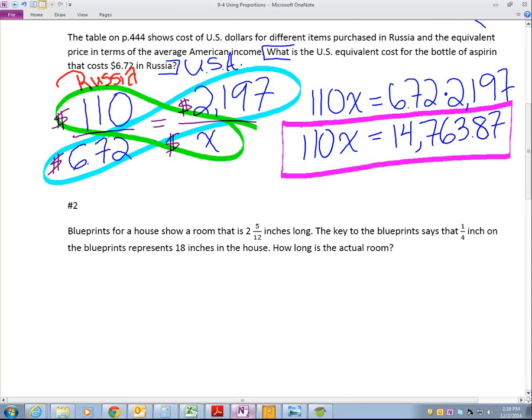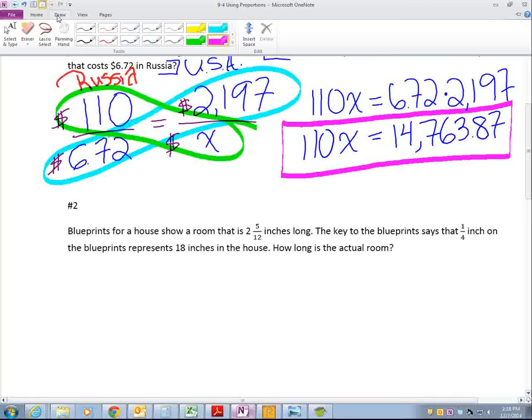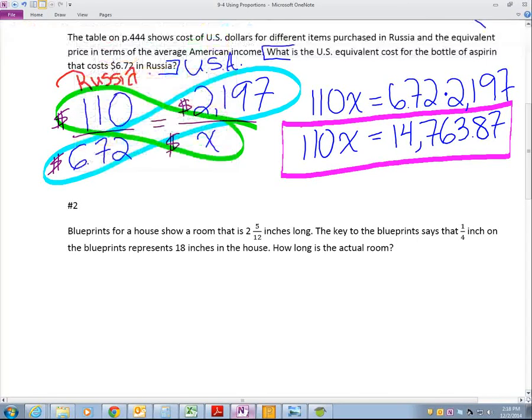I worked through it with my other classes, but we're not going to do that in here because I expect that you guys know how to do it. All right? I expect that you know how to solve for that x and do those calculations. We went through it, did all the simplification, all that stuff. This one is a little bit faster. So when you're said and done, you divided that by 110. X becomes $134.22.